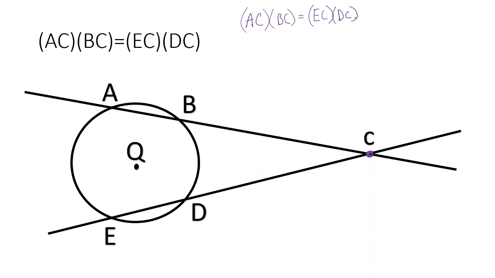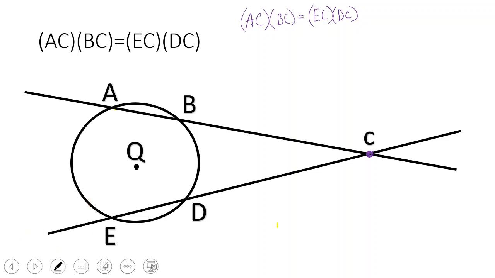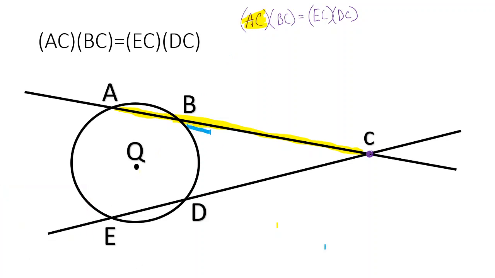So if we're looking at this, let's highlight things to help us see it better. We've got AC times BC, so the whole thing times the outside part,